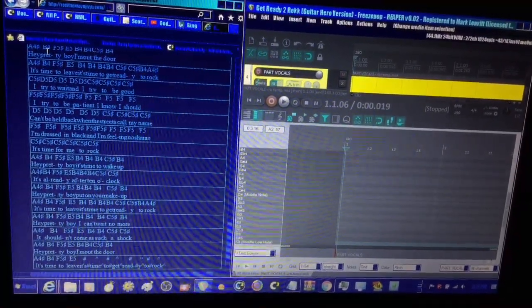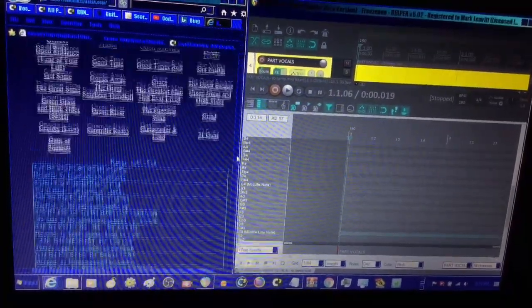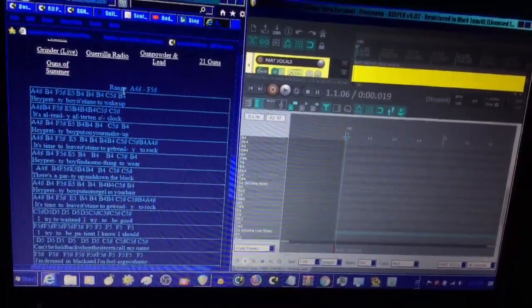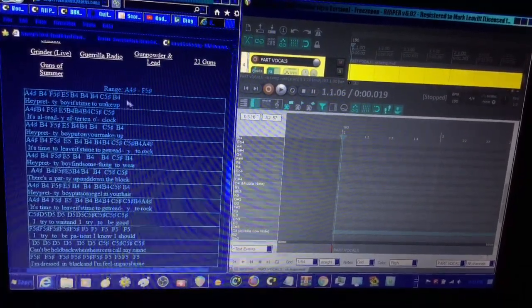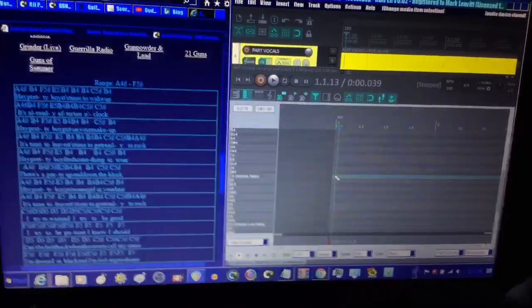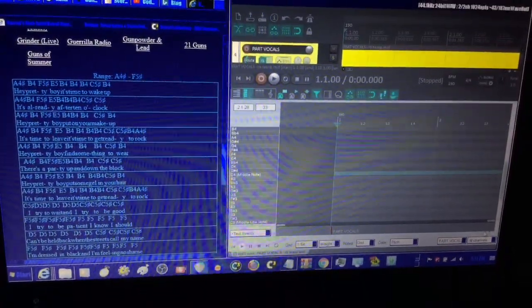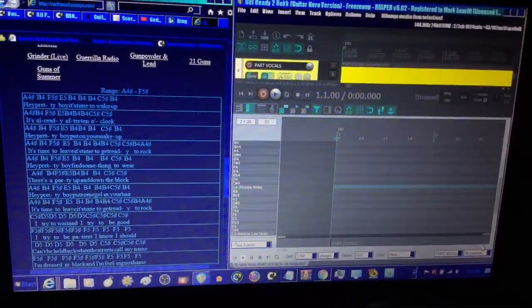Scroll up a bit. The range is supposed to be A3 sharp to F4 sharp. This one's totally wrong. The guy didn't do it right. But yeah, it's fine. Okay, so anyways,